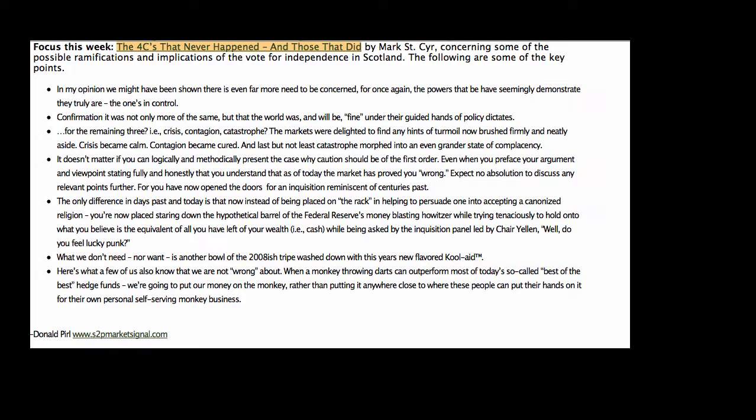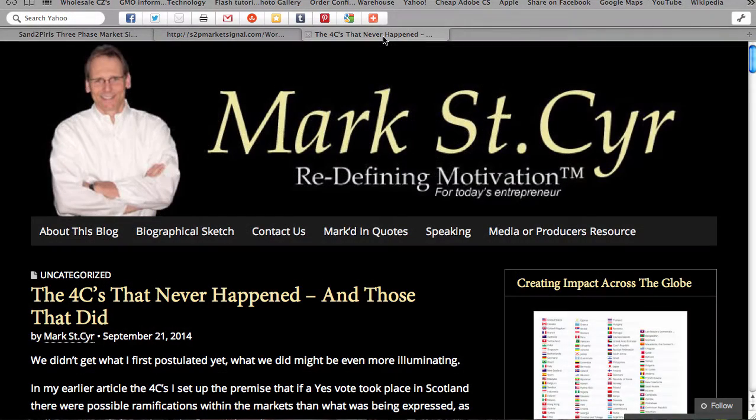Focus this week: the 4 C's that never happened and those that did. By Mark St. Cyr, concerning some of the possible ramifications and implications of the vote for independence in Scotland. The following are some of the key points. In my opinion, we might have been shown there is even far more need to be concerned, for once again, the powers that be have seemingly demonstrated they truly are the ones in control. Confirmation it was not only more of the same, but that the world was and will be fine under their guided hands of policy